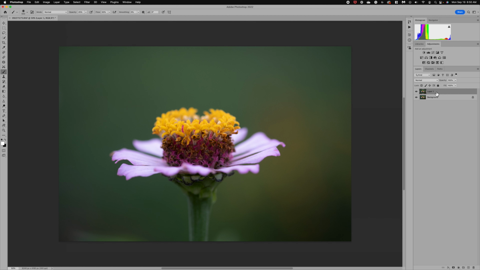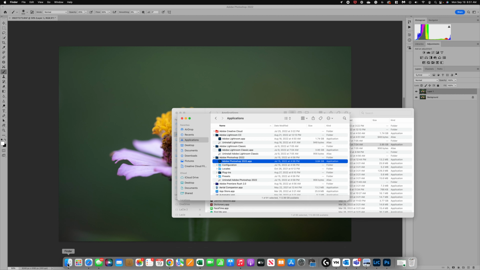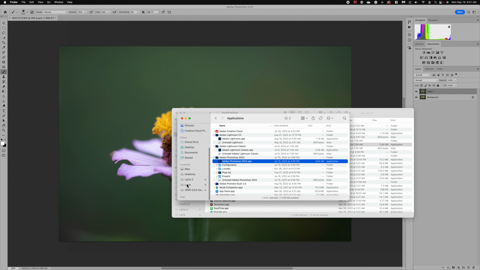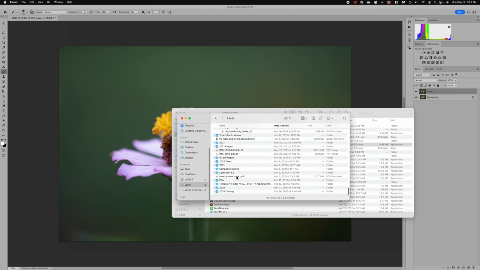All right, so that's usually the first step that I do. It's kind of an automatic, just so I know I've got that layer, and that gives me 2 copies of my image. Now for this video, we're going to be focusing on how to mask. And so I think the easiest thing to do is I am going to bring in a texture, and this will allow us to overlay the texture and show you how to use the mask features. So I'm going to go over to my files, and I keep my textures in a